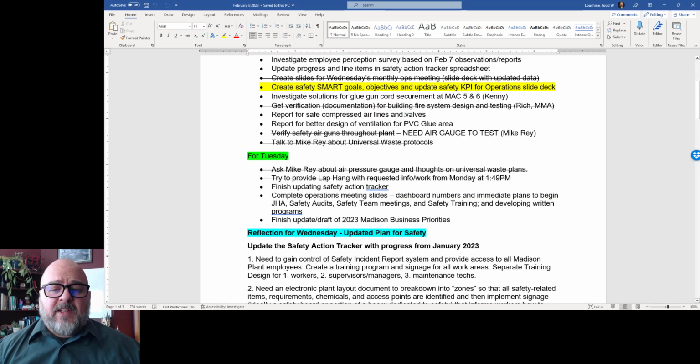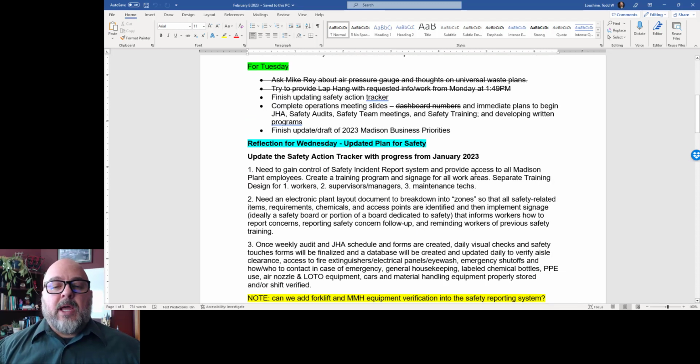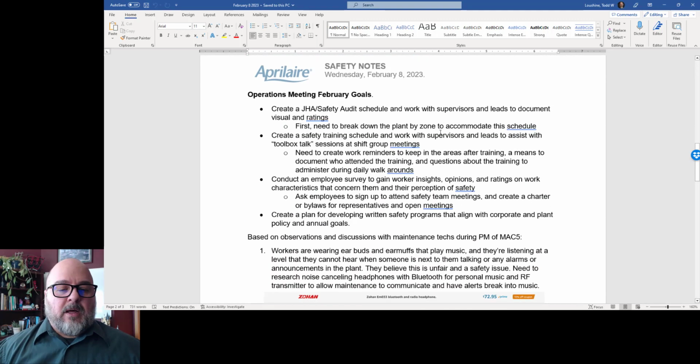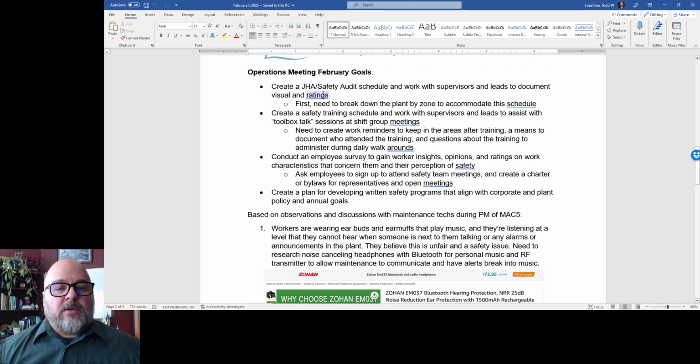I'm crossing things off each day, as you can see. After I cross them off on here, the next day they should be deleted. I'm trying to do it that way. But then I have to make sure that there's another report that contains it, and that's what I was working on this week and didn't get to keep up. Still doing that stuff. I've got my goals here, my February goals.